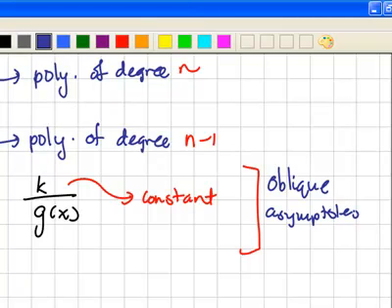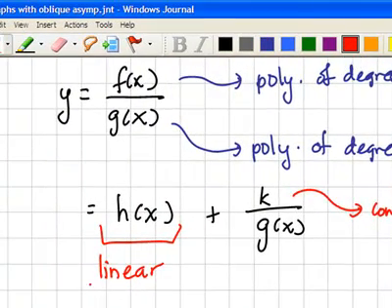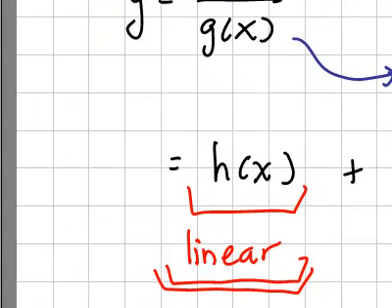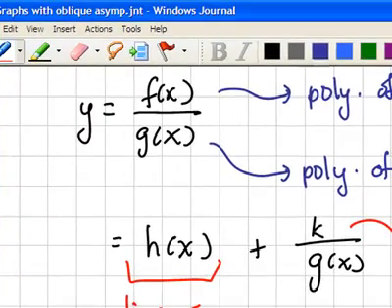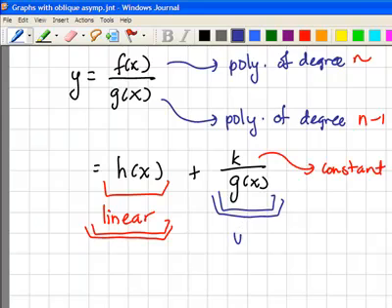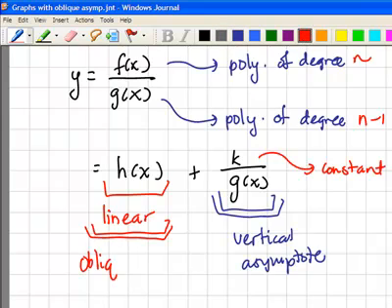Now where do we get the oblique asymptote? The oblique asymptote is actually obtained from this particular portion here. Whereas the other asymptote involved in this kind of expression is obtained from here, and that will give you the vertical asymptote. Down here, this will be the oblique asymptote. I'll give you an example.